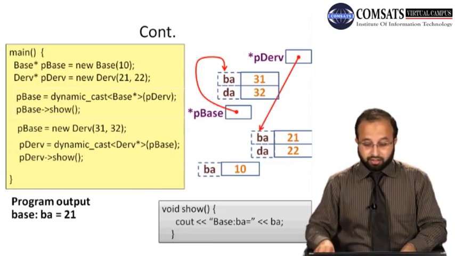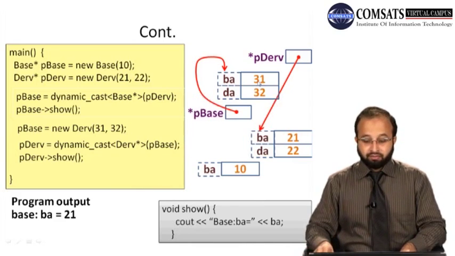बिकॉज p base के पास कौन सा एड्रेस था, p base के पास जो एड्रेस था, that is the address of this newly created object. और यहाँ पर अगर आप p base के साथ show का फंक्शन कॉल करेंगे तो यहाँ पर भी वो BA is equal to 31 ही डिस्प्ले करेगा, वो DA को डिस्प्ले नहीं करेगा।